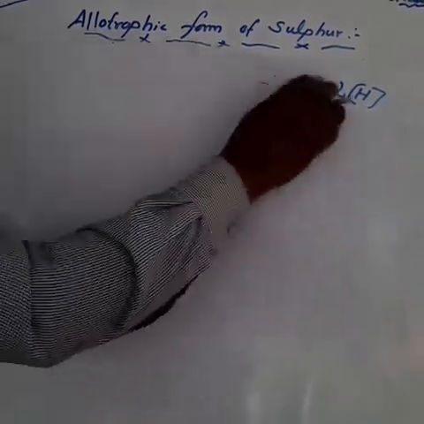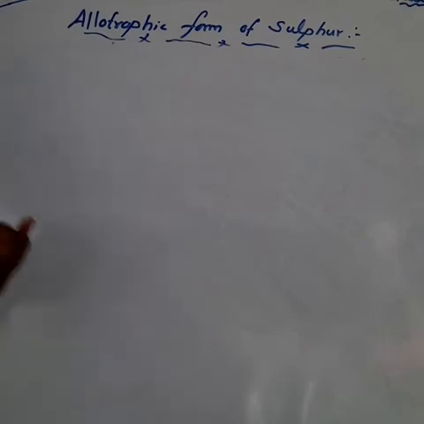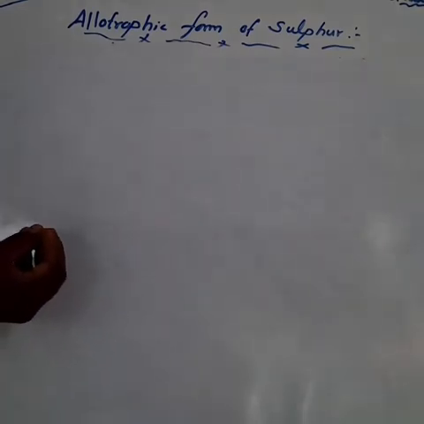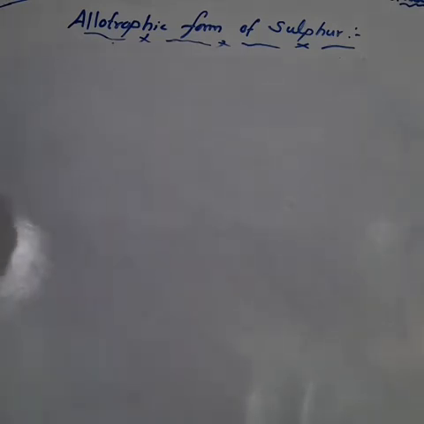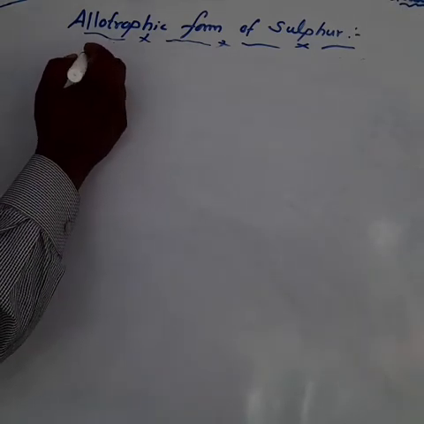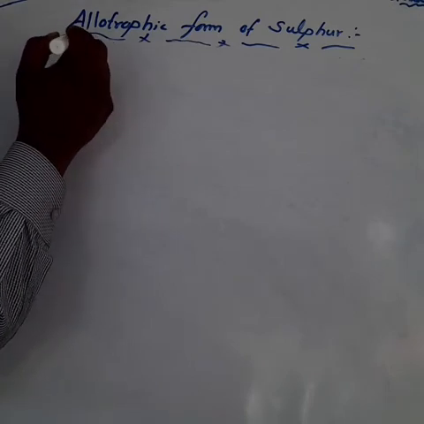Next, about the uses of sulfur dioxide. Sulfur dioxide is used for bleaching hair, silk, wool, etc. And also it is used as a disinfectant for crops and plants in agriculture. Select any 2 points and learn them. Okay. Next, we can discuss that.